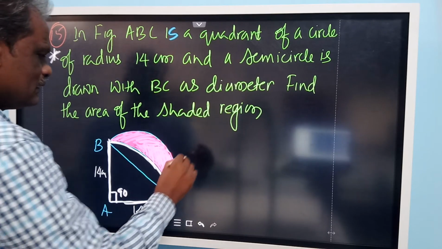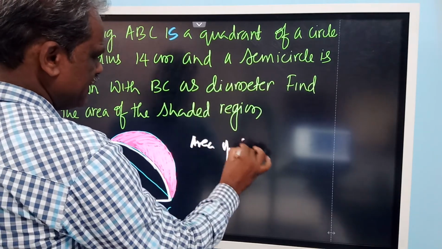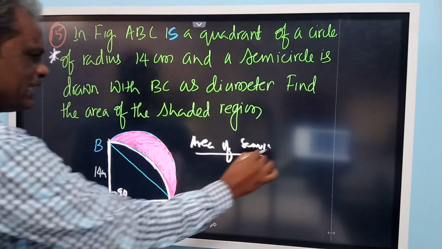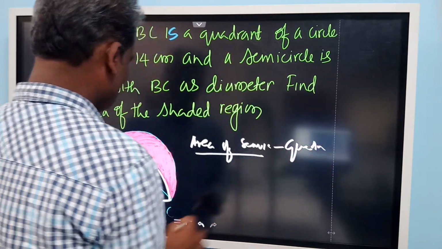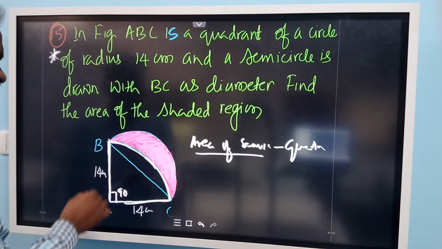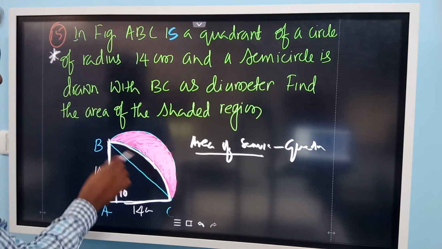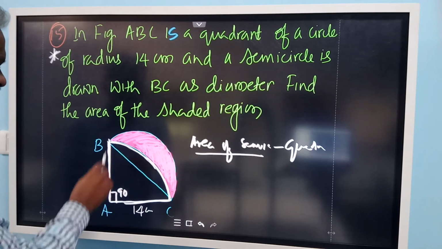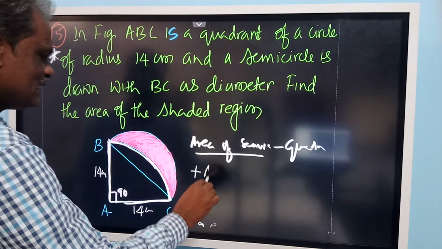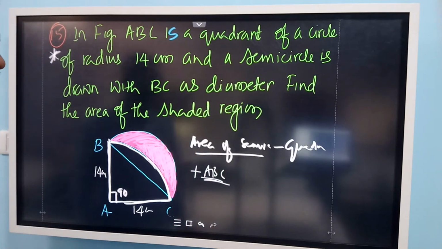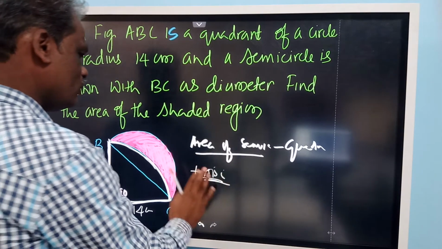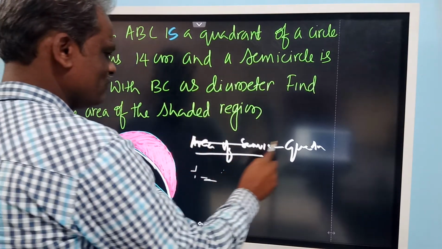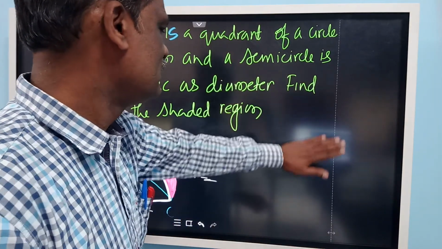Or otherwise, area of semicircle, this is the total area you will get, minus quadrant. So then afterwards, this one minus quadrant, including this you are subtracting, so then add this triangle ABC. So if you find out the quadrant area and then minus the triangle, that gives the segment area. Okay, that's fine. That's enough. Directly you can do this.